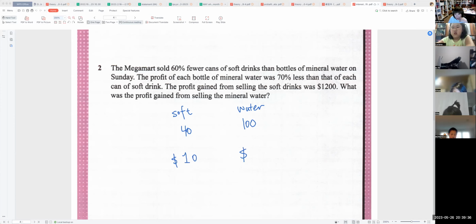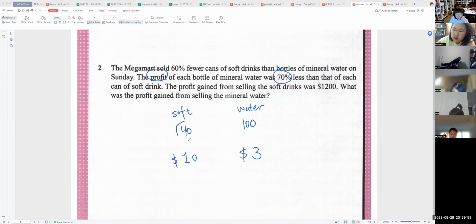25. 3块，70% less than each。他如果卖10块的话，能赚10块钱，他就能赚3块钱。这不是卖10块钱啊，是赚10块钱，because it's a profit. The profit gained from selling the soft drink is